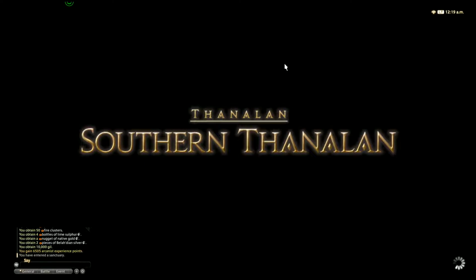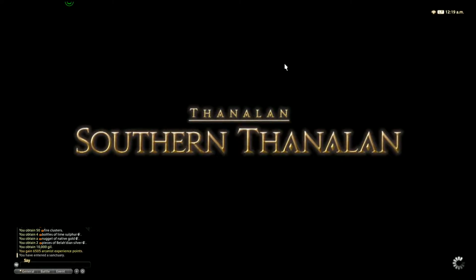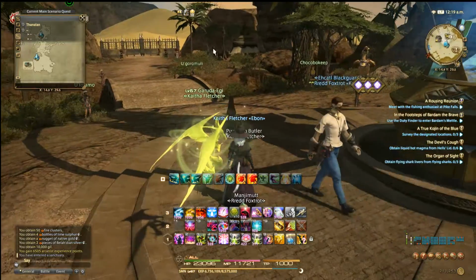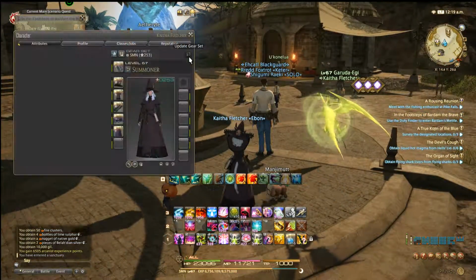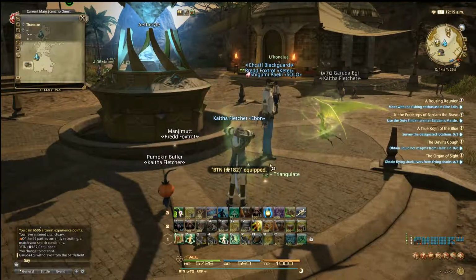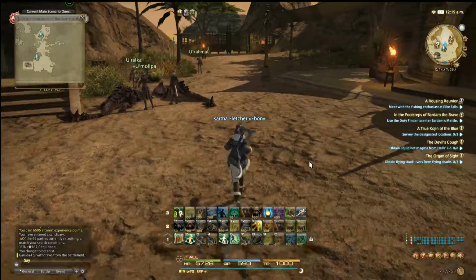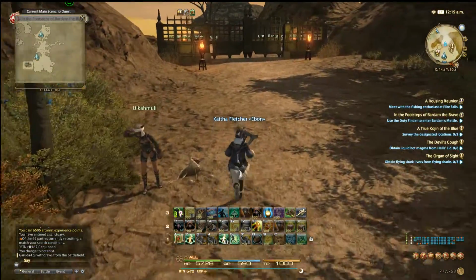Now, you can do fates to level. You can do fates to gain points for your Grand Company. You can do fates for a lot of reasons, but the easiest thing to do is fates for your challenge log is to do 5 real or 10 really quick ones, and then you just knock that out, and then you can go do whatever else you want to do. So